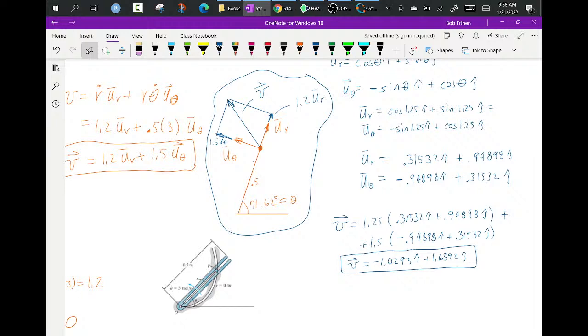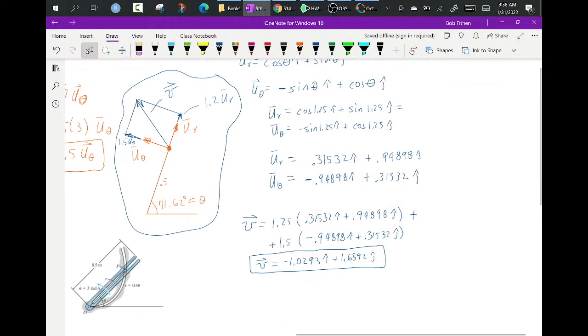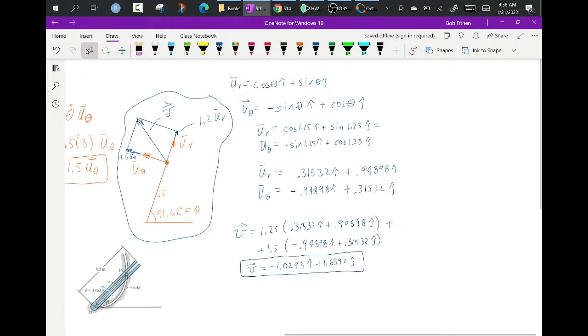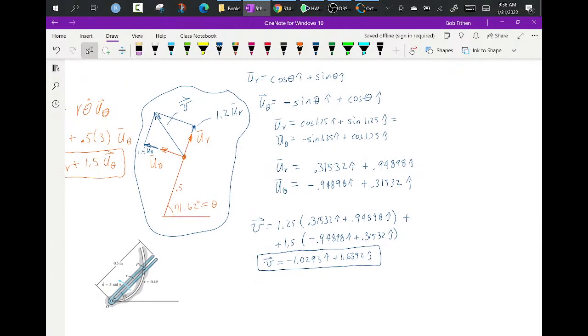I was promising I was going to do something else, but I'm not necessarily running out of time, but I'm pretty close to it. Since I'm here, it may be instructive to try something interesting. Since I'm on this topic, I'm going to list things in an interesting way. And give me a minute here. So if you think about it, if I listed UR and U theta